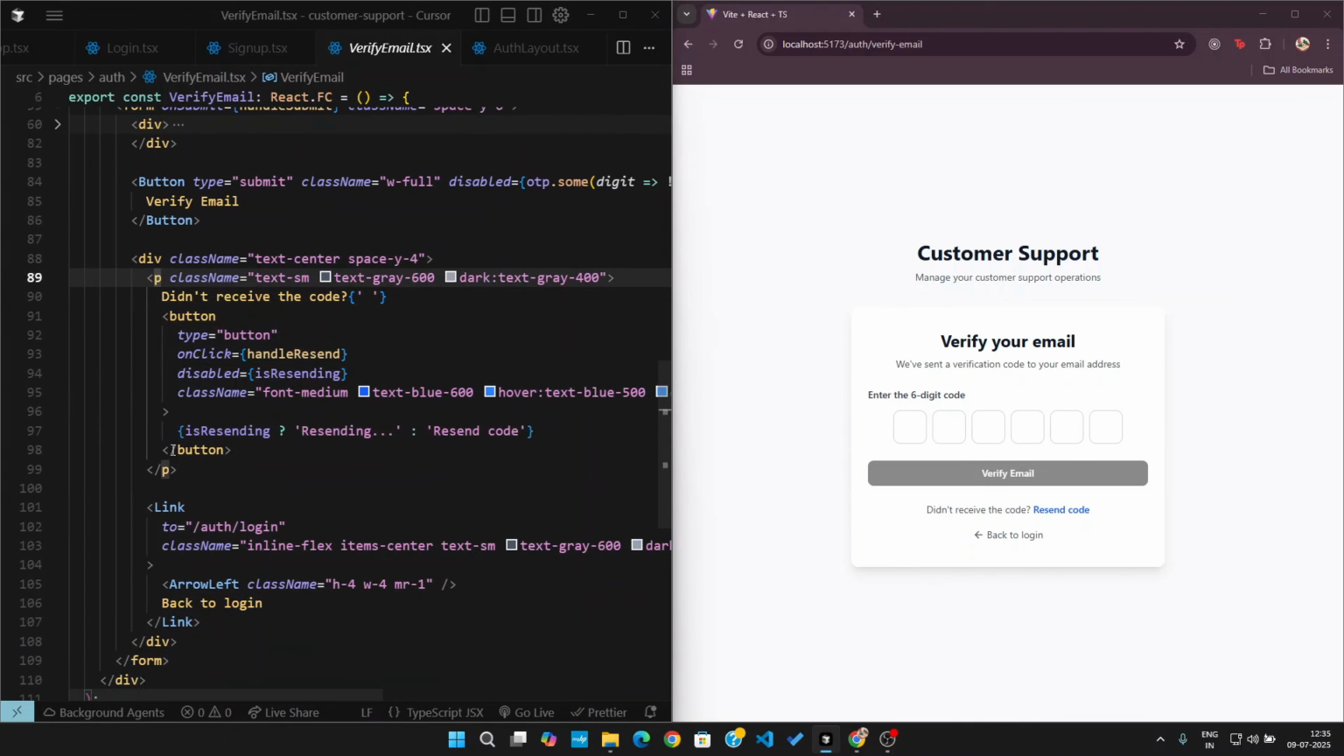So this div contains a paragraph. You can see what this is rendering. It's simply saying sending and resend code. So here you can see this is the text, didn't receive the code. And if you click on send code, it turns to sending code. So basically this paragraph is responsible for this line. Now from where this resending is coming, we can see, but first of all we need to talk